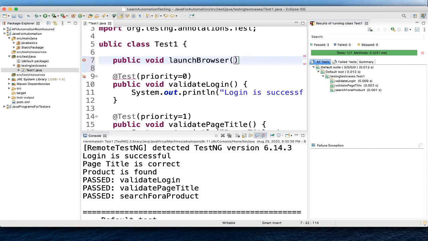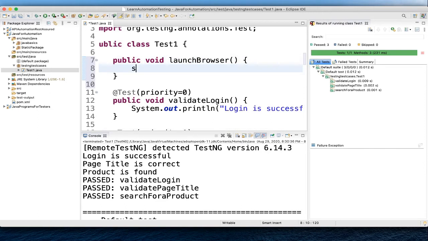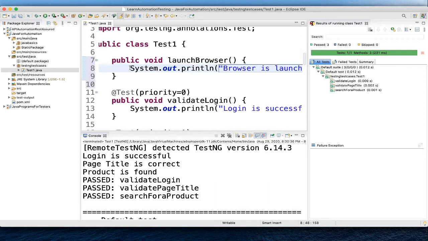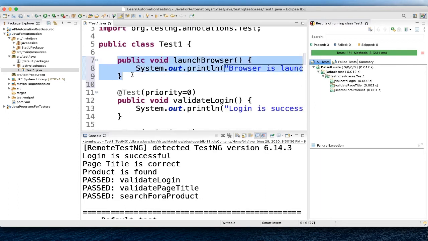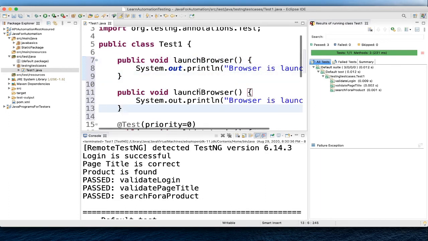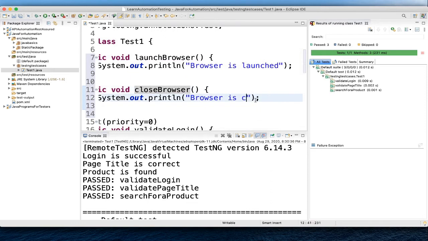Okay, and here we'll just again print a statement, and here we'll write browser is launched. Okay, similarly we'll write one more method, we'll name it close browser, and browser is closed.